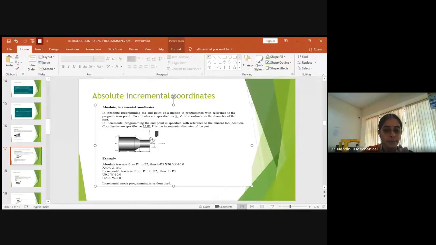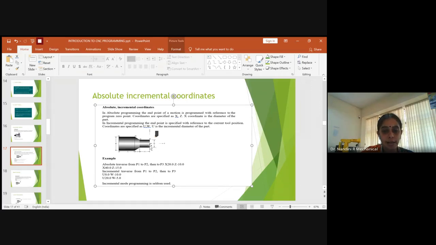You should understand. In incremental programming, the end point is specified with reference to the current tool's position. So how do you specify the end point? Suppose you need to do a finishing from here to here. So this is the start point and the end point. The start point can be only at the center here where the intersection is.